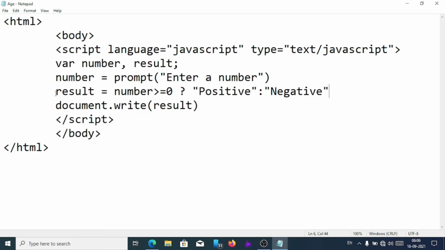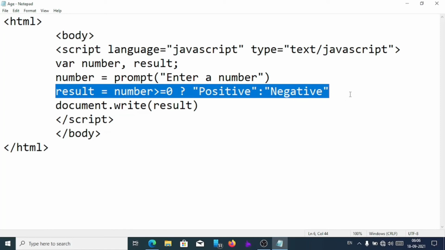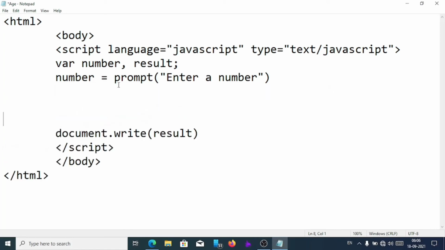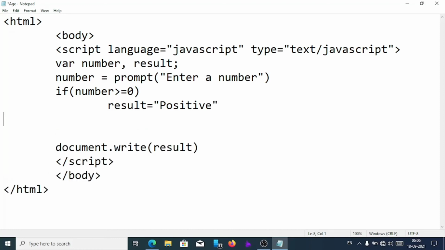Now if I convert the same program into if and else statement, so we'll just have to do this much changes. Here we'll write if number greater than equal to 0, then result equal positive, then else statement, after that result equal negative.